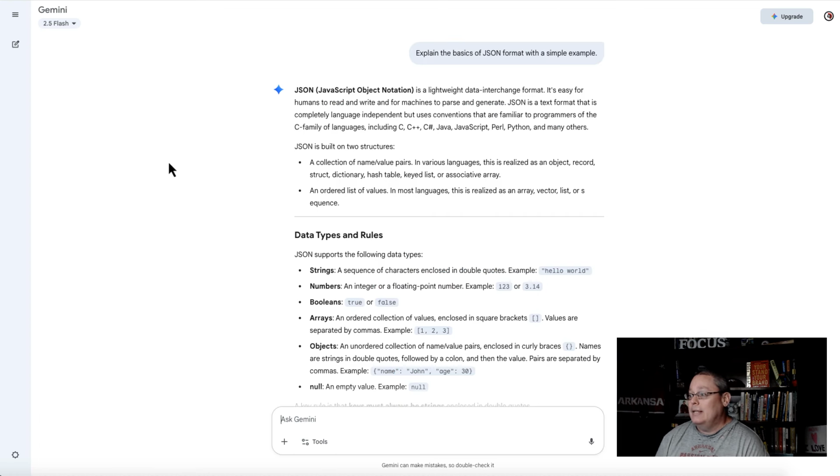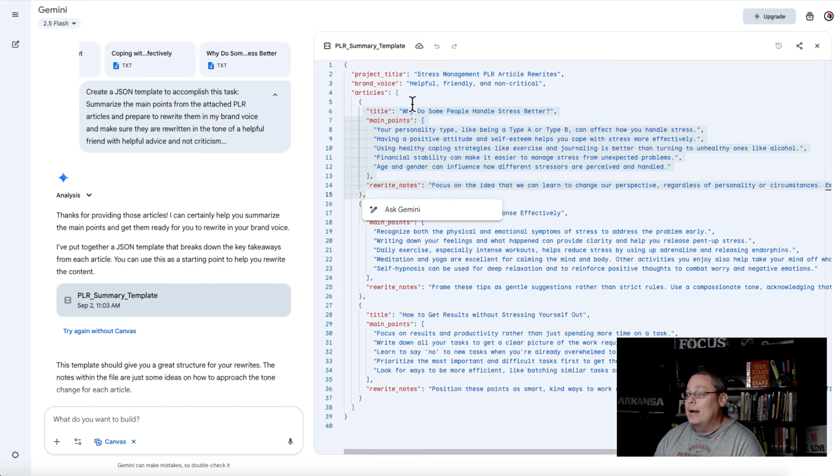But I want to go back a step and say, okay, explain the basics of JSON format with a simple example. JSON is JavaScript Object Notation. I'll go back and forth between saying JSON and JSON, because the first way I learned it was one way, but now a lot of people say it the other way. So JavaScript Object Notation is a lightweight data exchange format. It's easy for humans to read, and you just saw that right here